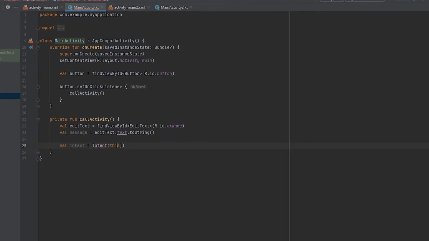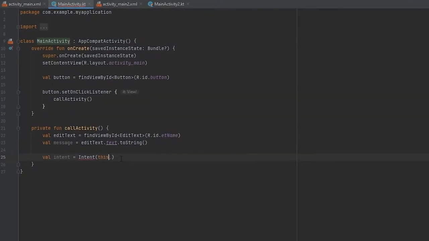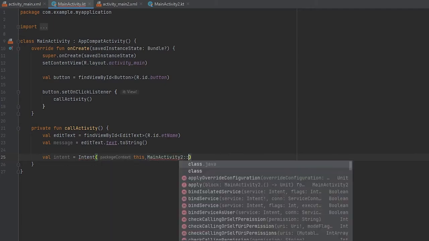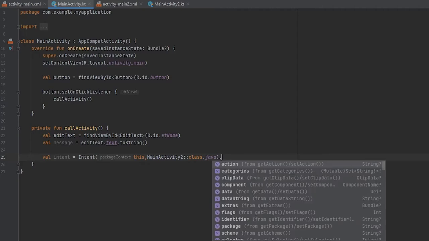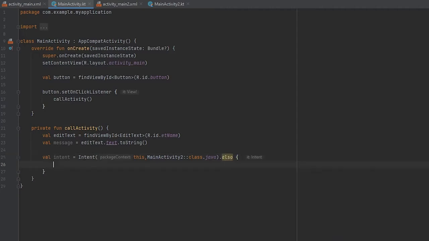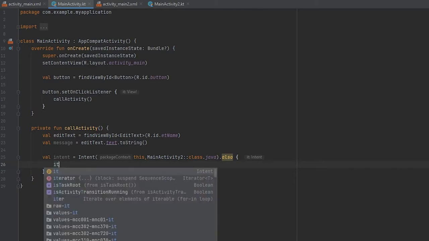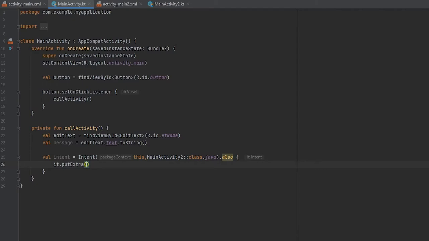We will go to our main activity, and here we will pass our MainActivity2 Java class, and then we also have to pass our message. So here we are getting the reference of it, so we will call it.putExtra, and we have to give the name.